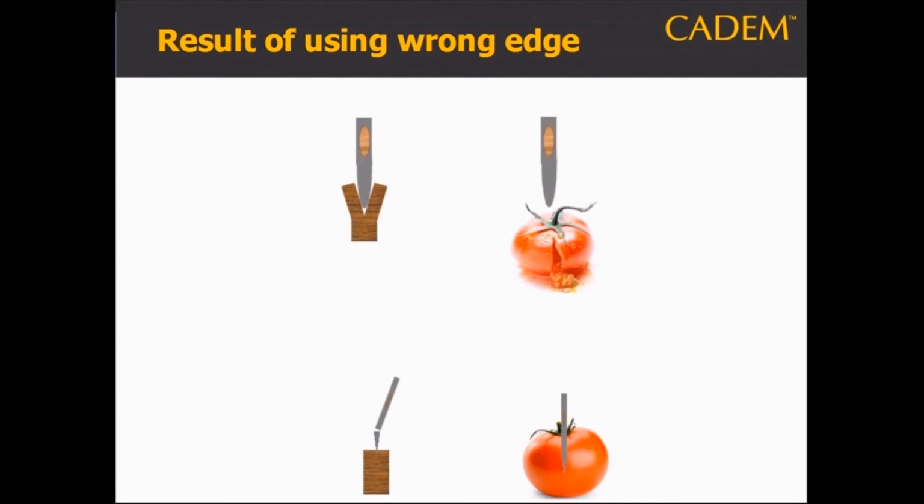Neither cutting edge is better. Each has a different use, and if you select the wrong cutting edge for an application, this is what happens. The knife breaks if you try to cut wood with it because it cannot withstand the cutting force. If you try to cut a tomato with an axe, the tomato gets squashed instead of being cut.